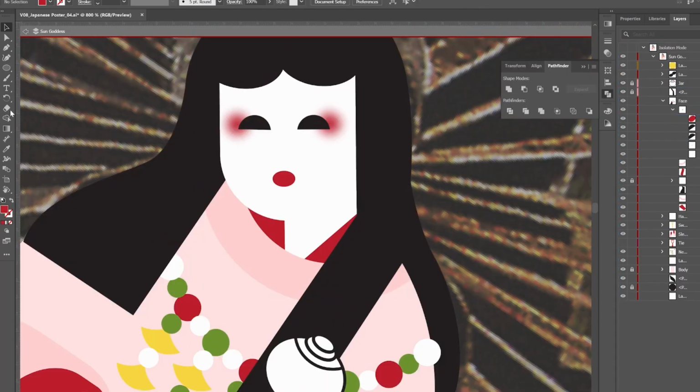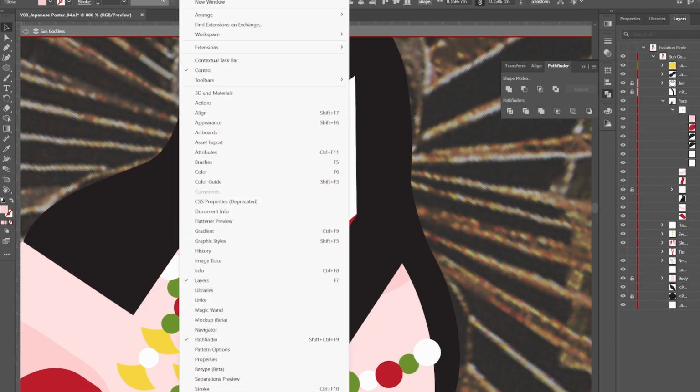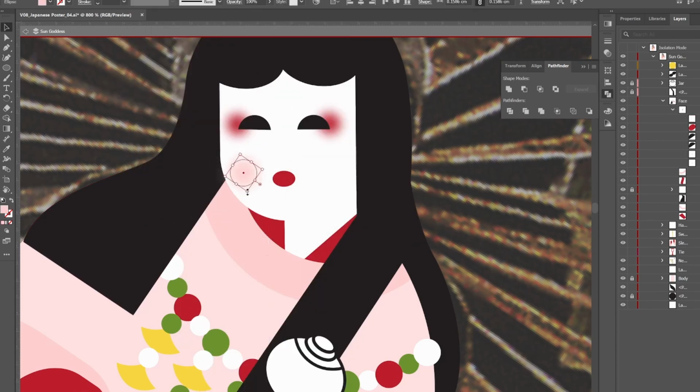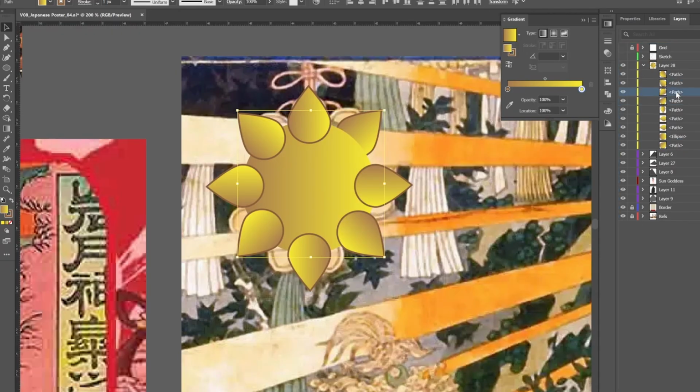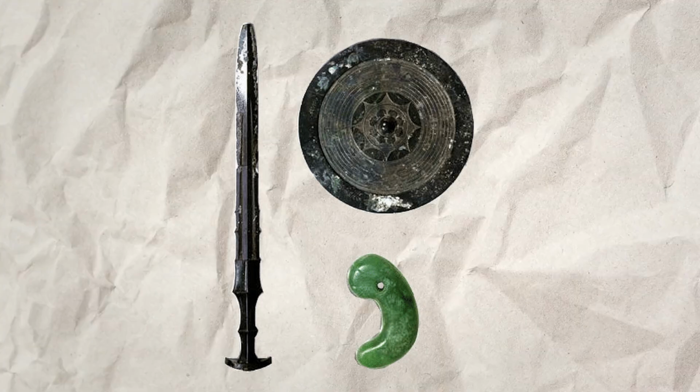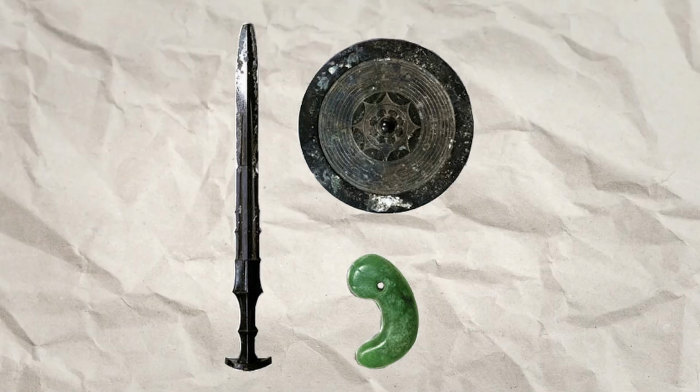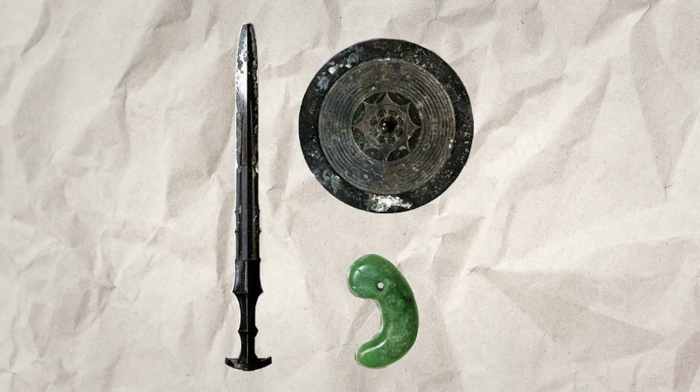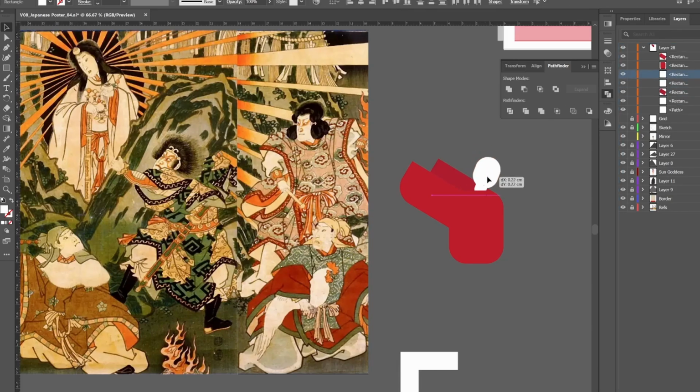To give her face some color, I used the circle tool for her makeup and added the Gaussian blur to make the shapes become soft. Then I vectorized the mirror, which is one of the 3 treasures of Japan, the other 2 being a sword and a jewel. The mirror in the myth was used to lure the goddess out of hiding by distracting her